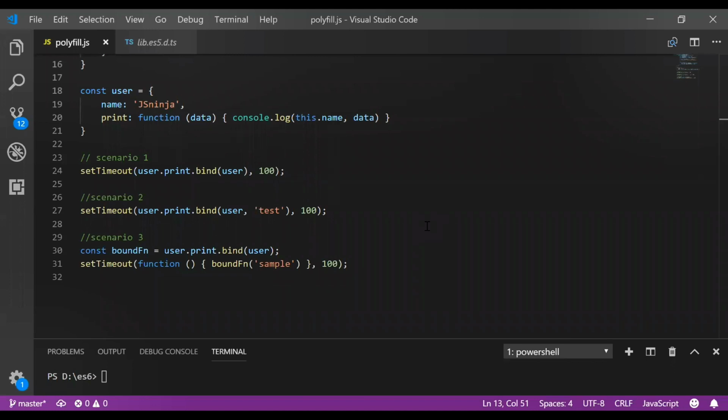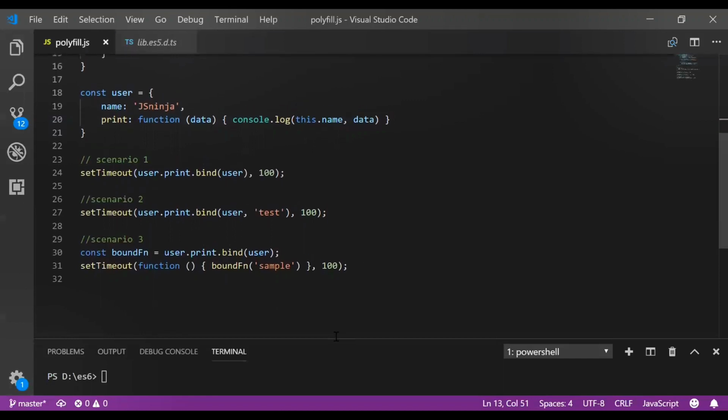We will go for the last step, that is the fourth step. Once our implementation is ready, we will go back to our test cases and do a dry run over our code. A dry run is just to make sure that we are handling as many cases as possible, and you will always get an extra point whenever you follow a test driven approach to development. So that's why this is important. As you already know, modern browsers already support bind. So here we will output and check. The 3 scenarios are there, right? We will check the console for the 3 scenarios.